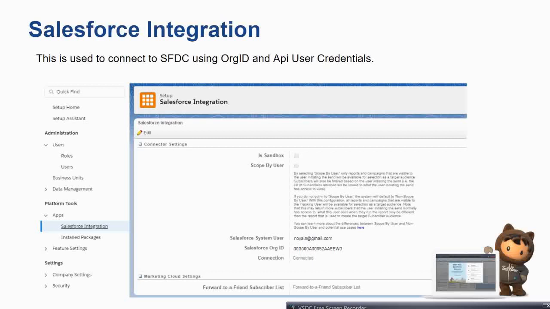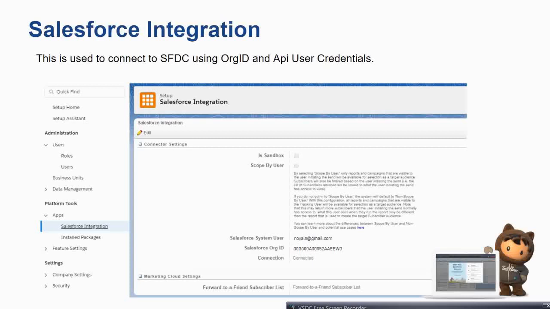And there you will see installed packages, just after that. Installed packages are something you use if you want a custom app, say a Journey Builder app deployed on Heroku, and you want to use that with Marketing Cloud. Or let's say you have a third-party application you want to use through the REST and SOAP APIs.